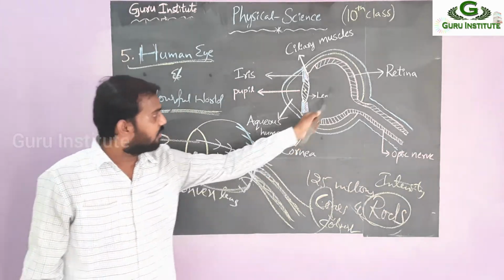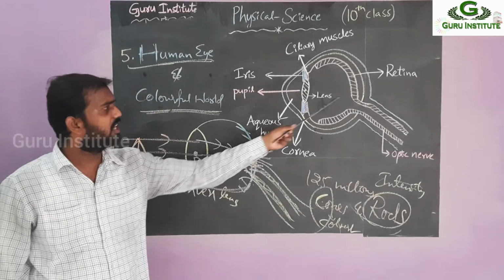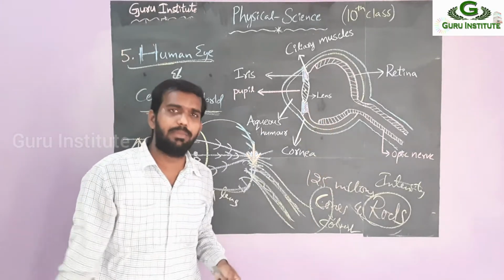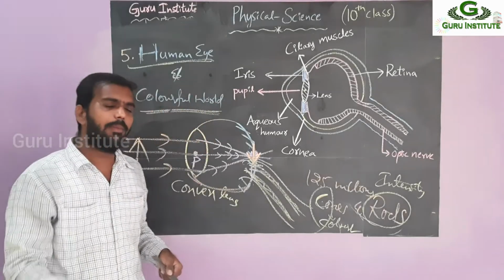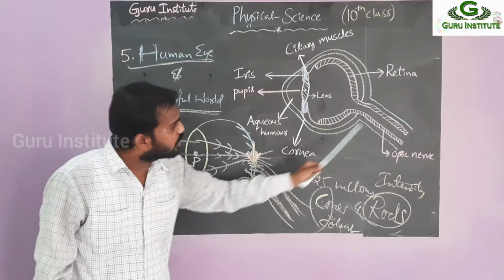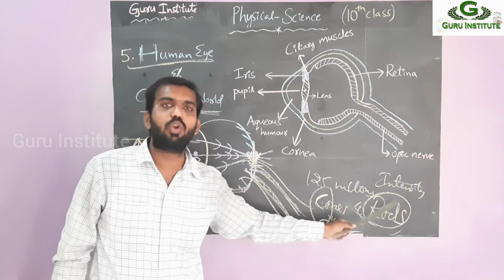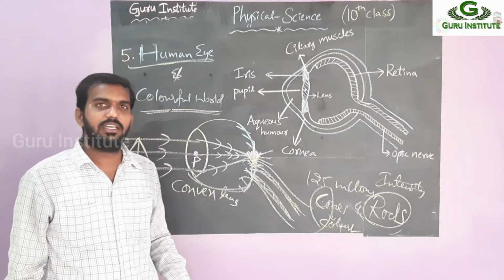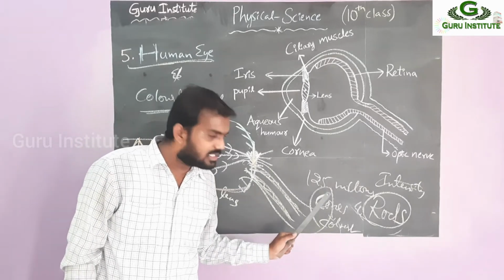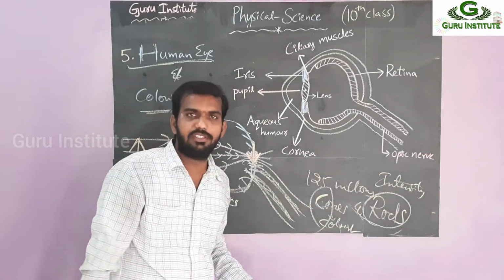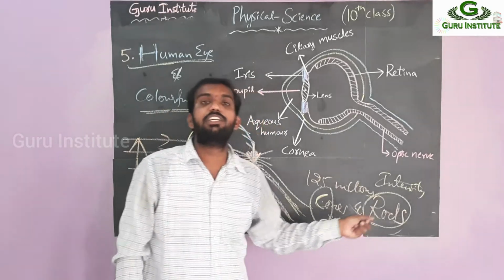So in the retina, whenever the image is formed, the image is always formed on the retina. But it is a convex lens, so we are getting an inverted image. But how can we see the real image, that means an erect image, as a straight image like what is happening in front of us? That is due to the optic nerve. Why? Because this retina contains cones and rods, lakhs of them among almost 125 million. So cones identify the color of the object or image, and rods identify the intensity of the image.